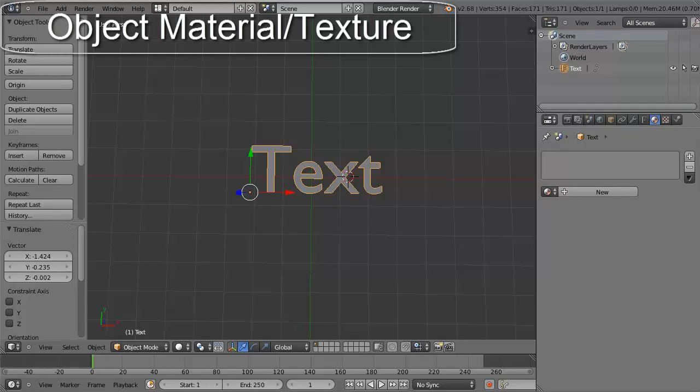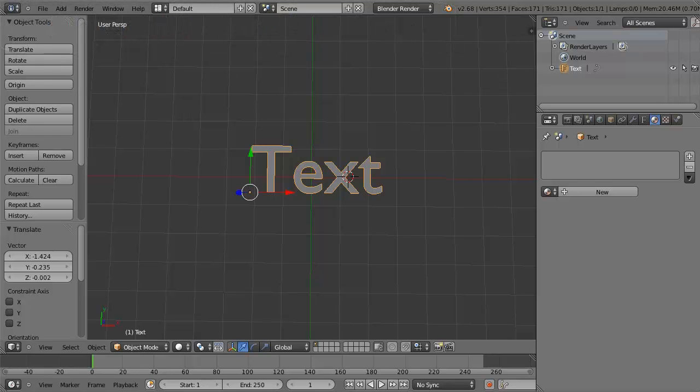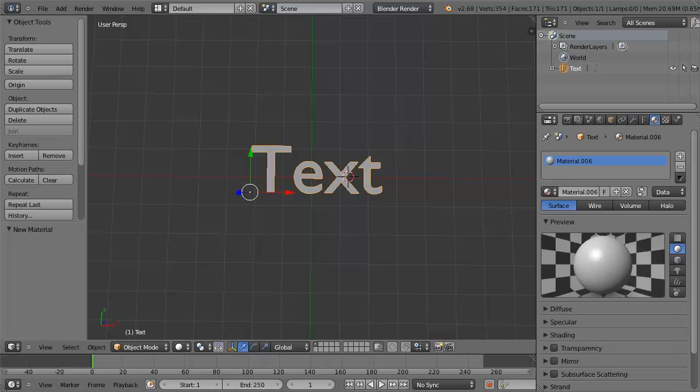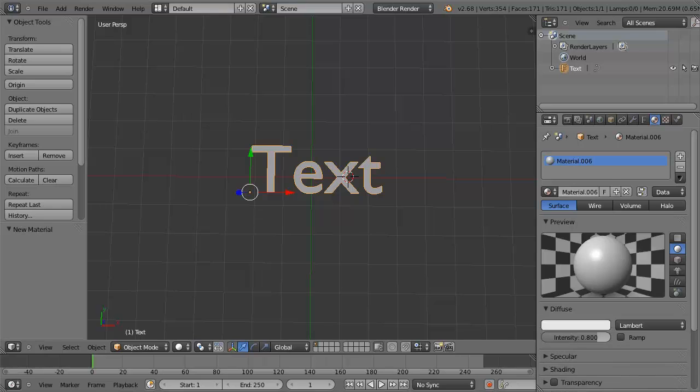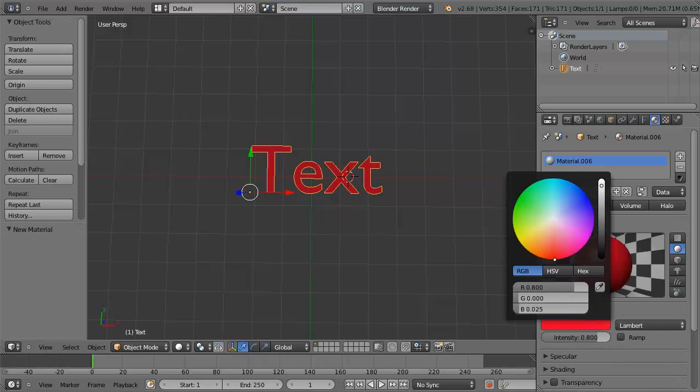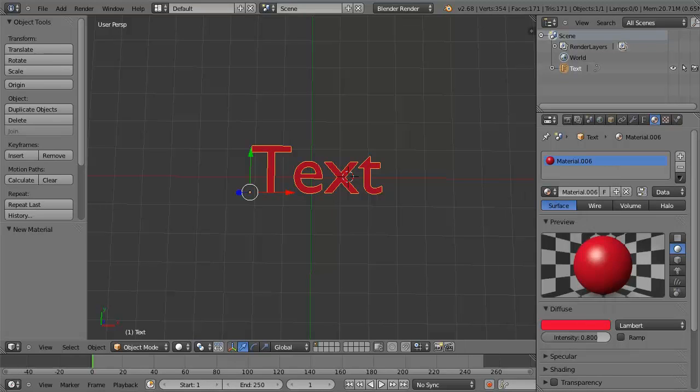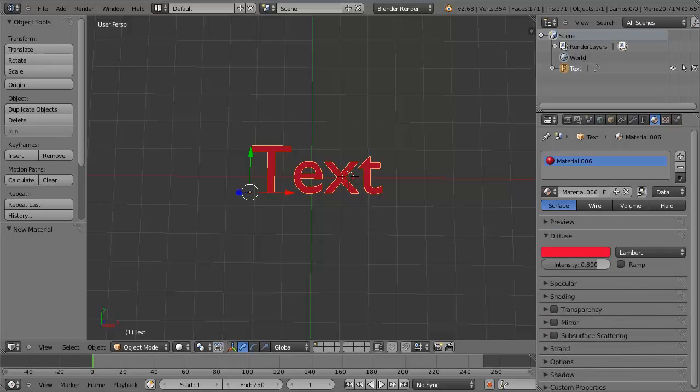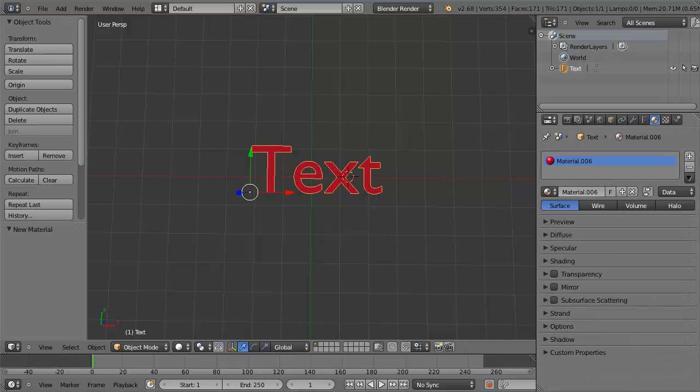If you wish to add a material or texture to an object, either process is very simple. However, either of them require you to do one simple step first. Under Material, click New, and this is where you add a color. It doesn't matter what color you add, just as long as you add a color so as to create a surface to your object. And then you can do a number of other things like diffuse, specular, shading, transparency, and